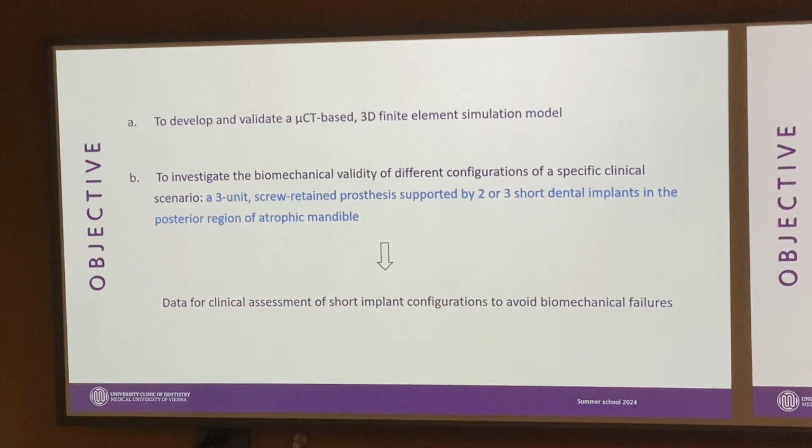The main objective was to collect data that could assist in the clinical evaluation of implant configurations to prevent biomechanical